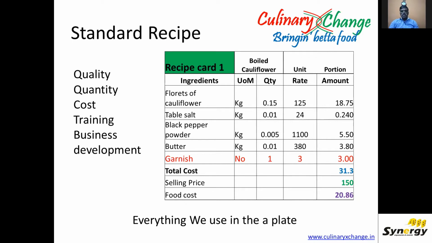Suppose somebody wants to scale up. They have one shop. They want to scale it up to another shop or another shop. These recipe cards will help you in a big way, because every time you go, you will not be able to take a whole team to the new shop. Maybe you'll have to send 2-3 people from the old unit. The new unit will be maybe 60-70% new staff. When training them, it will be really very helpful.